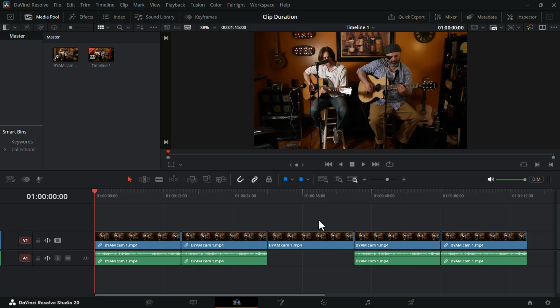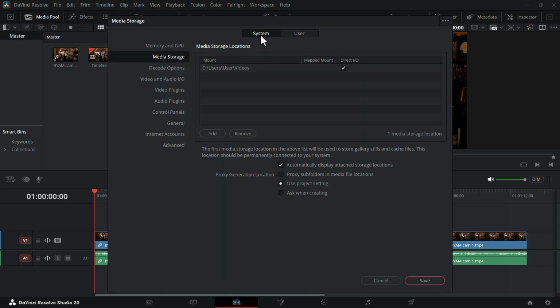Now, doing this one project at a time can be kind of a pain, especially if you have a lot of projects, so let me show you how to clear all the render caches in one go. To do that, click on DaVinci Resolve, go into Preferences, and make sure you're on the System tab. From there, look for Media Storage, and you'll see the location where DaVinci Resolve is storing all of its cache